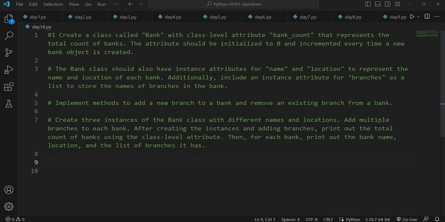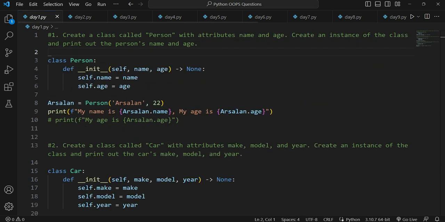And guys, we all know that we learn the concepts of programming, however we find it difficult to implement them. So to implement the logic of object oriented programming, I have created this playlist for people who have been struggling like me in object oriented programming. We will be solving questions with the help of Python to build our logic and understand through various questions. We started from a very basic question and then moved further from day 1 to day 2, day 3 and day 4, and today we have come to day 14.